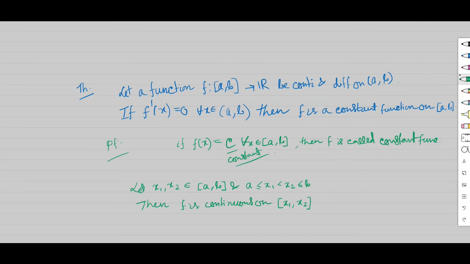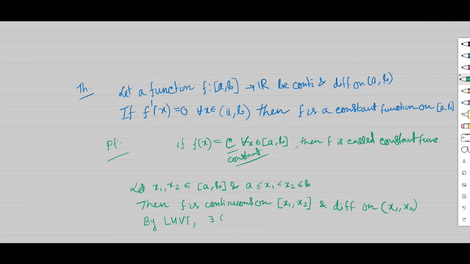So f is continuous on the closed interval x1, x2 and differentiable on the open interval (x1, x2). Then we can apply the Lagrange mean value theorem. So by LMVT, which means Lagrange mean value theorem,